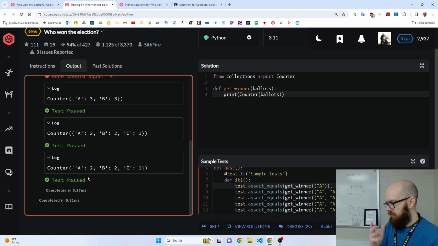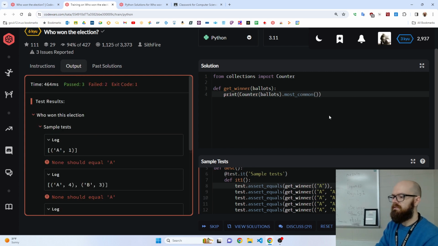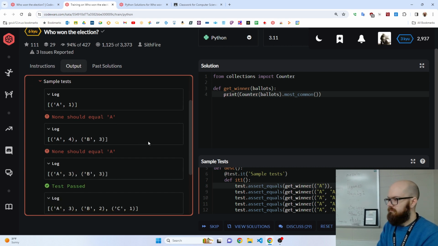Now, how can we sort these, filter these, whatever we need? Basically, we're going to use just one method called most_common. And if you say counter.most_common, it looks about the same. We get a name or whatever the key is, and then the count. But instead of this Counter object being dictionary-like, instead it's just a list, and it's organized greatest to least. So the top vote getter will be first,